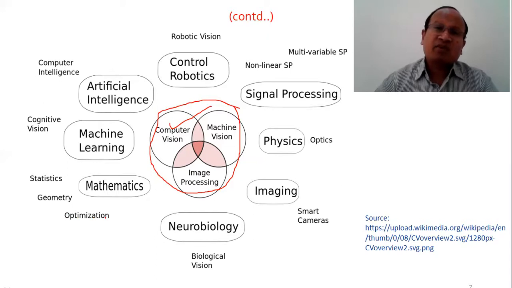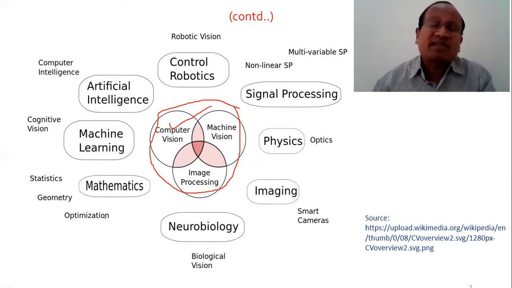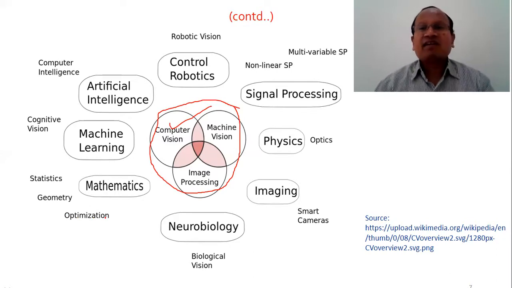Because when we discuss feature extraction, a number of statistical features are used: mean, standard deviation, variance, and other parameters. The shape-based, area-based, dimension-based, and geometry-based features are also extracted. So mathematical analysis is very much used in computer vision. In all computer vision, image processing plays a significant role. I already discussed this.